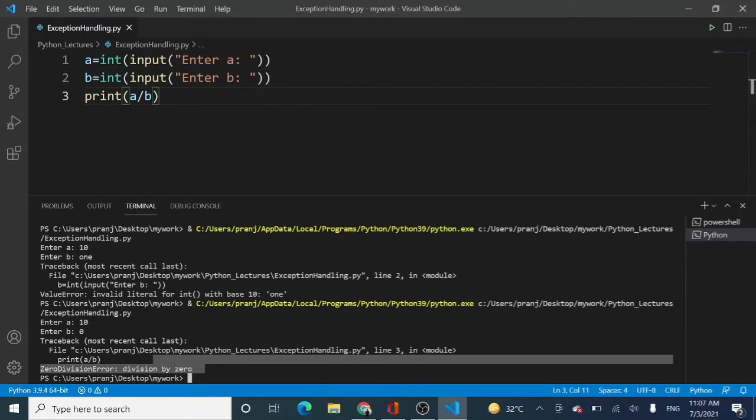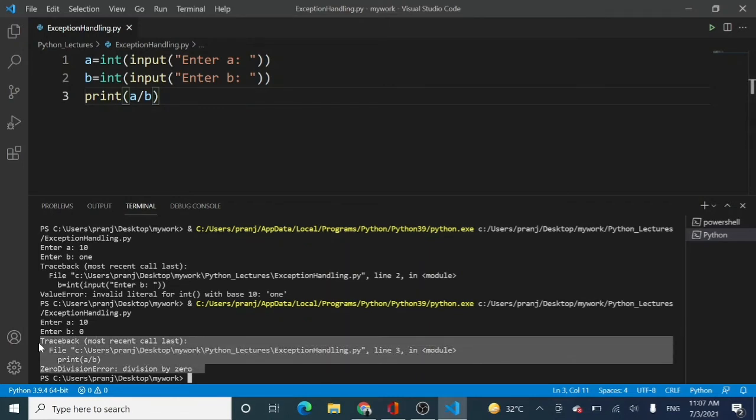Now this is nothing but a zero division error. Now how Python is going to actually handle it is by telling you the traceback. Now what is this traceback? This traceback is a default handling done by Python. Python is telling you the location, that is the line number where this particular error is actually happening, and also the statement, that is print a divided by b.